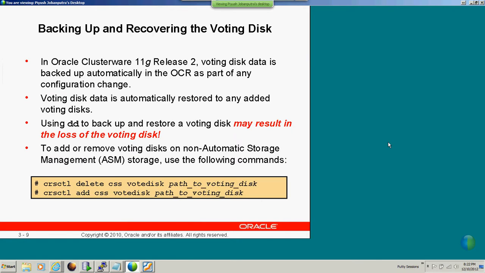Now we talked about this. In release R2, voting disk data is backed up automatically in OCR as part of